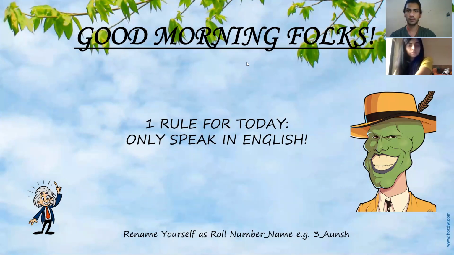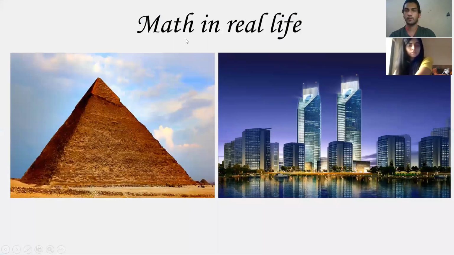Just a minute. Before I begin, I want to tell you why we are learning this. Math in real life. On the screen, I have two photos of two structures. The first one on the left hand side is very common. Everybody knows this. Can anyone put in the chat box or quickly come off mute and tell me what the first structure in the photo is?